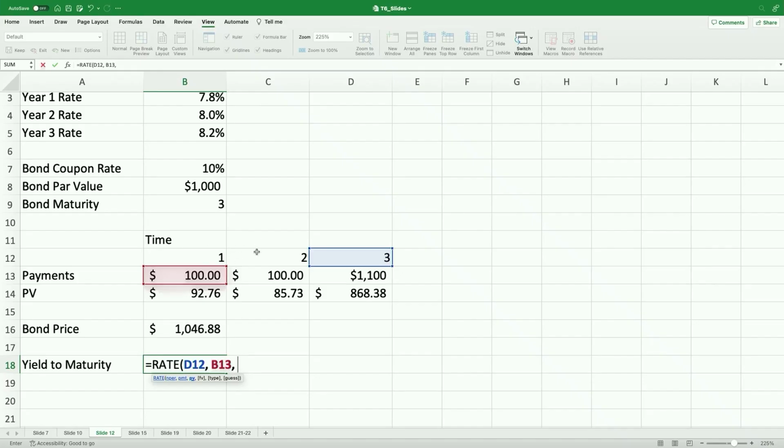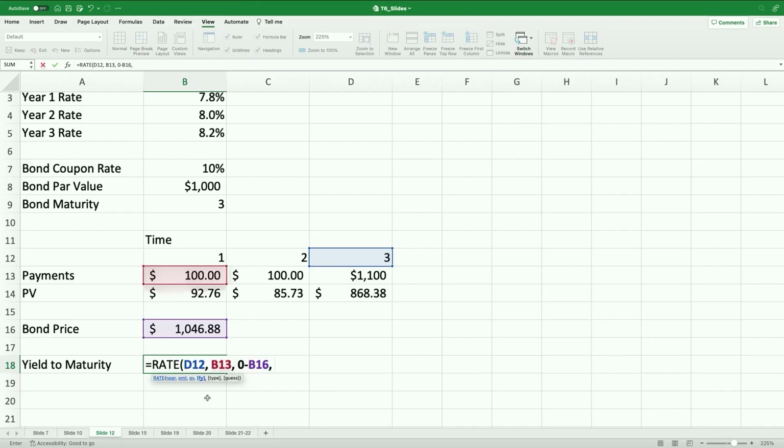If we're receiving these payments in the future, we need to pay out the PV today. So I need to make this negative. I'm going to put 0 minus this bond price. If you don't do this, you're going to get an error or infinite message here. You have to obey the sign convention. Excel, remember, says if you're receiving money in the future, it's positive, and you have to pay it out today, the PV. So I'm going to make that negative, following the sign convention.